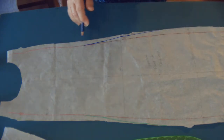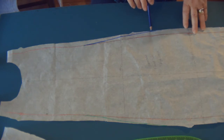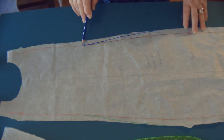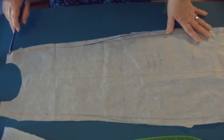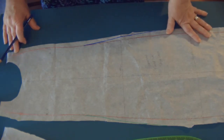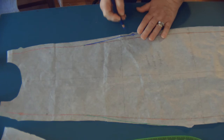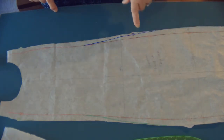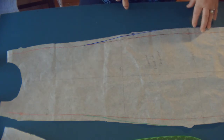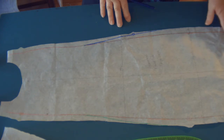Now I'm going to do one more thing here, because ultimately I'm going to cut away what is on this side of this line, and I'm going to leave what's in cut all the way up there to have the medium at the top of this pattern, because we know that's what we need. And I'm going to move that notch, which is going to be eliminated if I don't move it. So the notches do run pretty much straight out from each other, but it's good to have one there. So if you need to put those notches in,